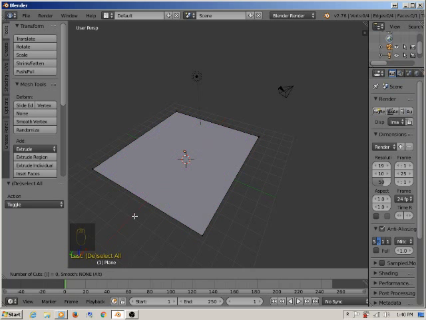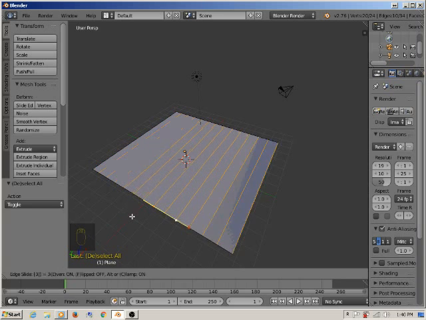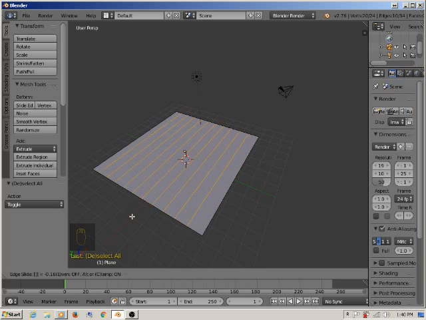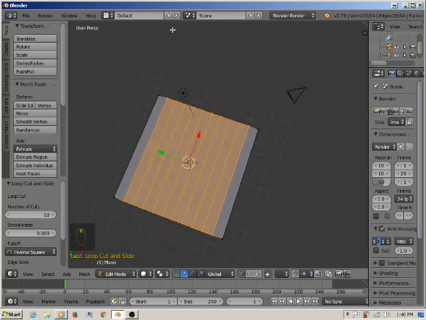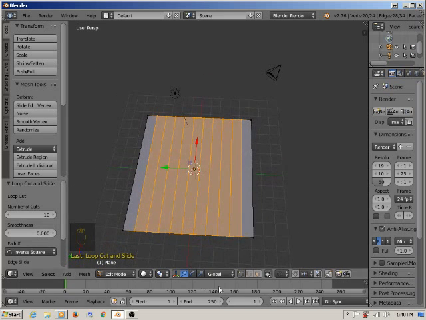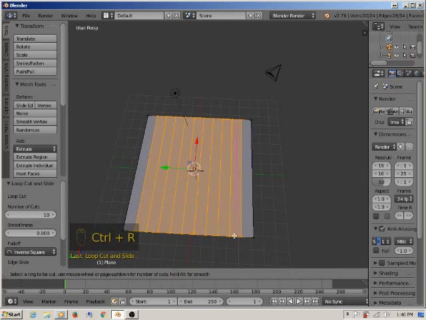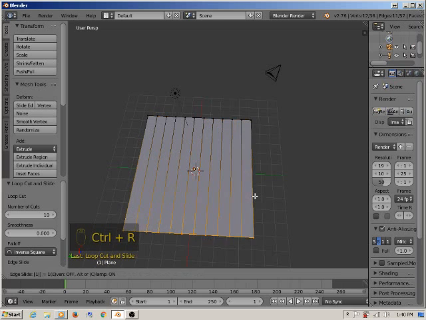So all I'm going to do is I'm going to put in 10 cuts, and then once you put that in, to keep it centered, and there you go. Now you get 10 cuts in 10 different spots you can move it. We're going to do the exact same thing here. Cross it so we get a